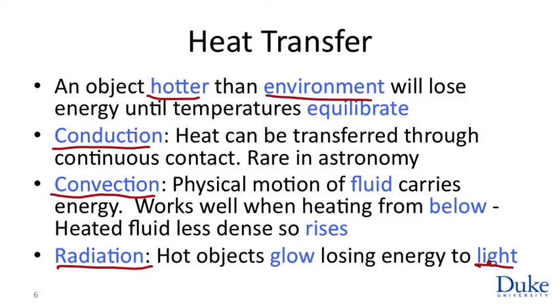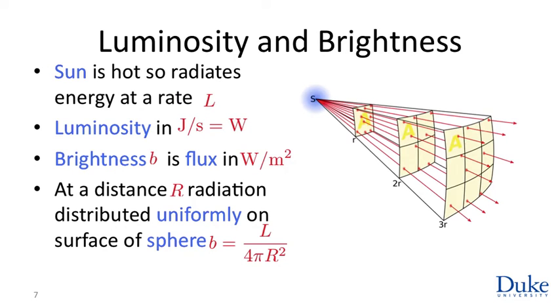We'll come back to this calculation in a moment, but let's understand something about this heat flux, energy flux problem. The sun is hot, and so it radiates, and we'll learn how to compute how hot it is and how much it radiates. But for now, let's assume that the sun is radiating energy at a constant rate. Why is the rate constant? Because the properties of the sun are unchanging, the properties of space are unchanging. So the rate at which the sun loses energy to space is unchanging. We call that rate the luminosity, and it's measured in joules per second, in watts. The sun, like a light bulb, produces a certain amount of energy, or loses a certain amount of energy to space every second, and we'll figure out this number. Obviously, it's a great many light bulbs.